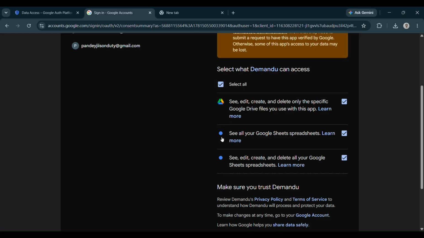The first scope, Google Sheets spreadsheets, allows Demandu to see, edit, create, and delete Google Sheet spreadsheets. This scope is required because Demandu supports multiple spreadsheet actions inside chat flows, or you could say the chatbot workflows. These actions include add row, get row, update row, and delete row. For this add row action, Demandu needs the permission to write chatbot responses into a Google Sheet as a new